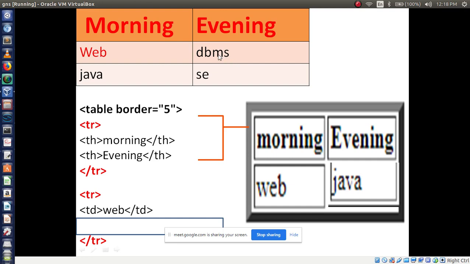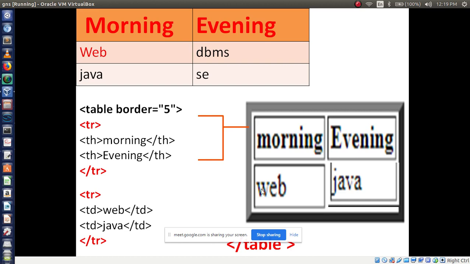Here DBMS is there, so I have to write DBMS. By mistake I have written Java, right? So don't get confused by this code. Instead of writing Java, you have to write DBMS. So you have to create it row wise. Is it clear? Understood this concept? Okay.